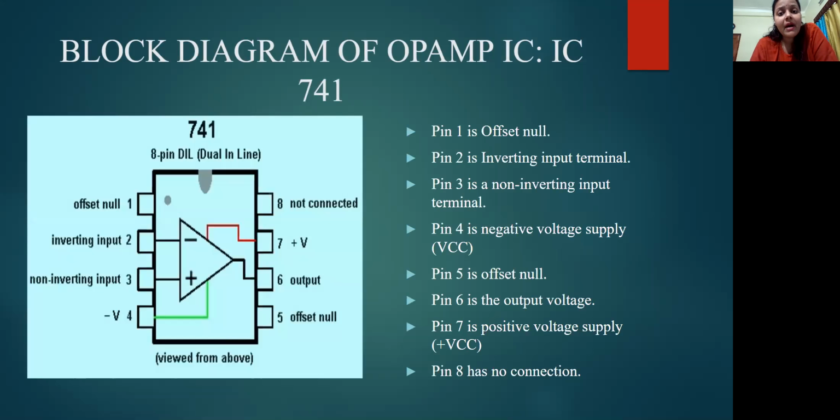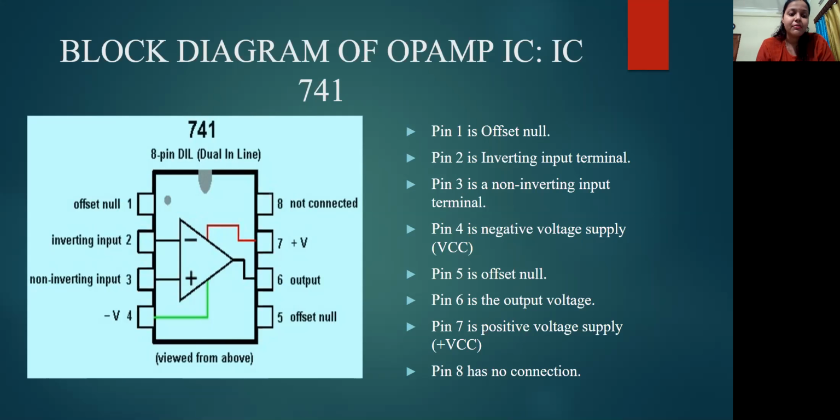This is the most important part, the block diagram of op-amp. IC 741, integrated circuit 741, is being used as an op-amp IC which has 8 pins. So 741 is an 8 pin IC. If we take any integrated circuit, we will have a notch, and keeping that notch in the upper position, the left portion will be numbered 1, 2, 3, 4, and then in the right portion from downwards to upwards, it will be 5, 6, 7, 8. The same here also, pin number 1, it's offset null.